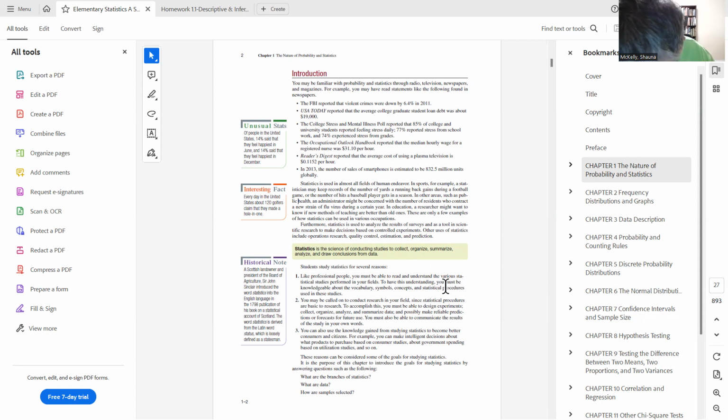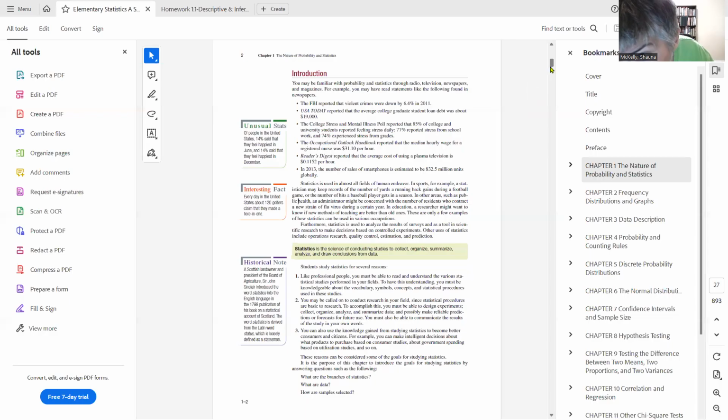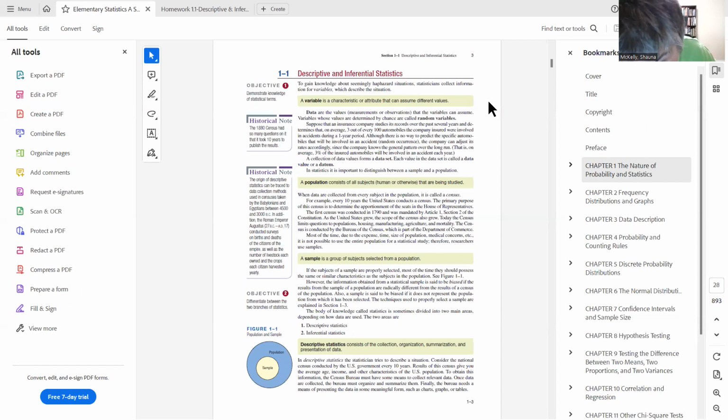If you go to the next page on here, it says, hold on. I'm gonna have to move this. Give me a second. Let me just come over here, come down here, and we'll scroll. There it is. Okay, so here is